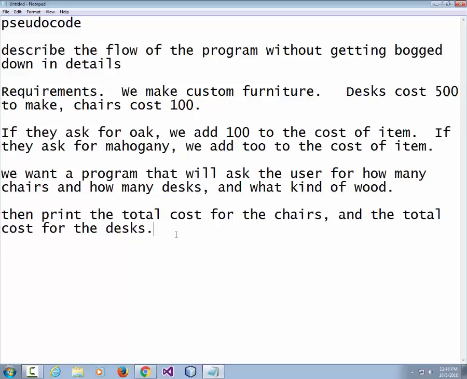I think we're asking two things, or maybe even three. What kind of input does this program need? Ask if they want a desk or a chair, and ask if it's oak or mahogany. Right. So let's